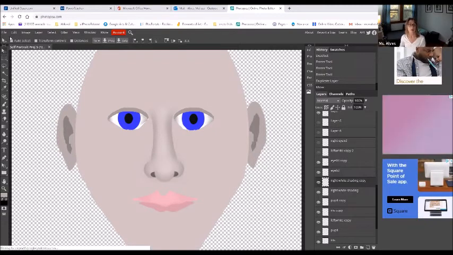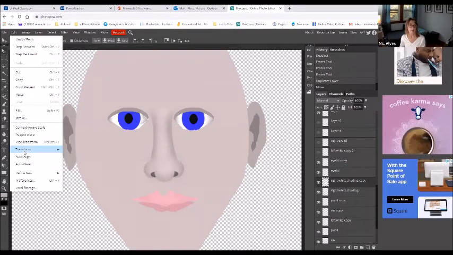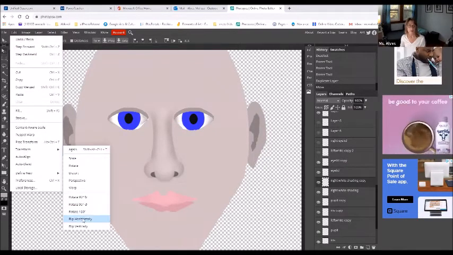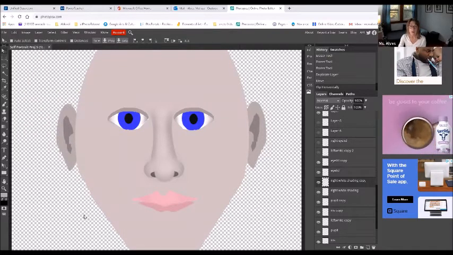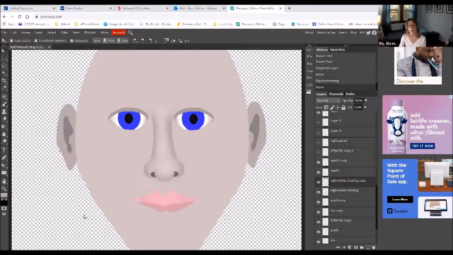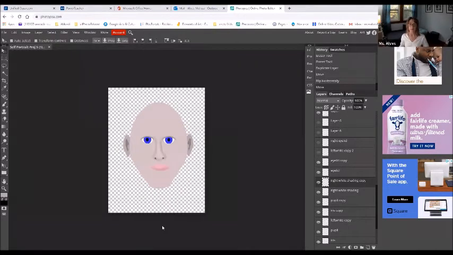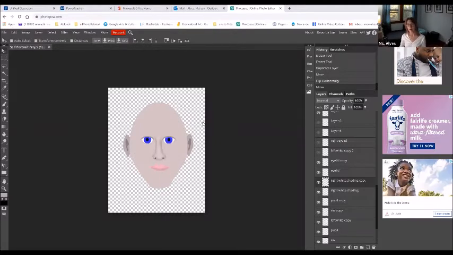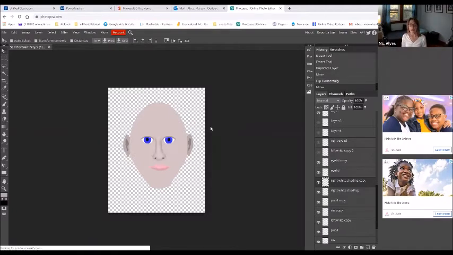And I'm going to edit, transform, flip horizontally, and just kind of fit it in there. All right, I'm okay with that. So I'm going to make it smaller. Just gives a little bit of modeling to the eyeball. Okay, so now as much as I like being bald because you don't really have to do your hair,